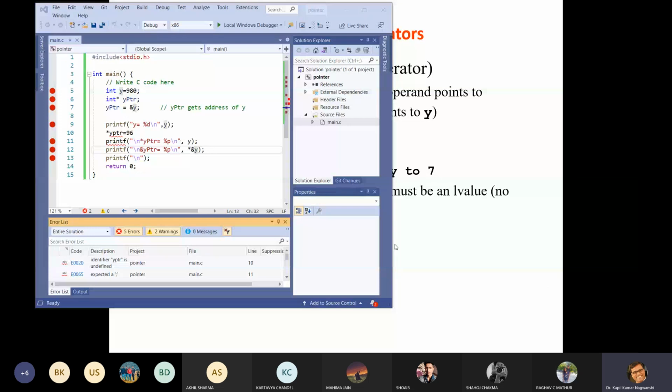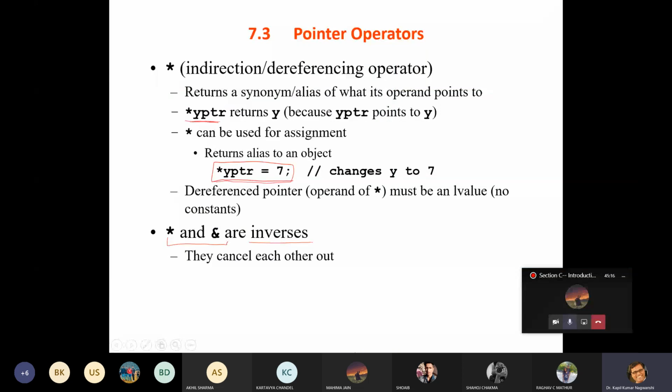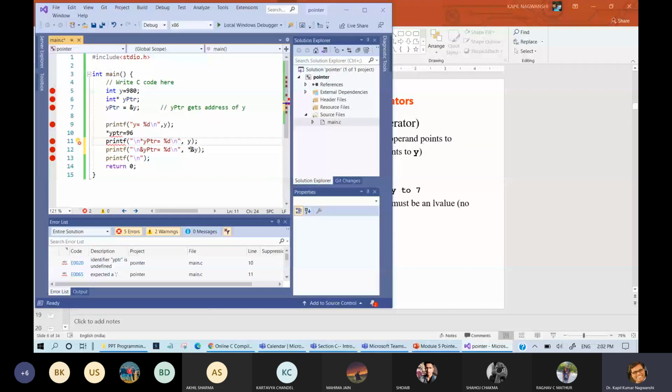Okay, now here you can see, let us minimize this. There will be some error. This is not an address, this will be the value, so I need to write %d, and this is also a value, so I need to write %d.